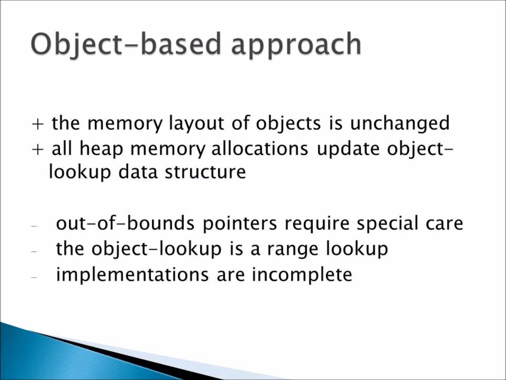The advantages of the object-based approach are that the memory layout of the objects is unchanged, which improves the source and binary compatibility. Secondly, all memory heap allocations update the object lookup data structure, which allows every valid pointer to be mapped to an object. Now for the disadvantages. They require special out-of-bounds proxies. Secondly, the object lookup is a range lookup. This means that the pointer in the object must correctly map to the object's bound information. The last disadvantage is that all the implementations are incomplete, which means there is no guarantee that all spatial violations